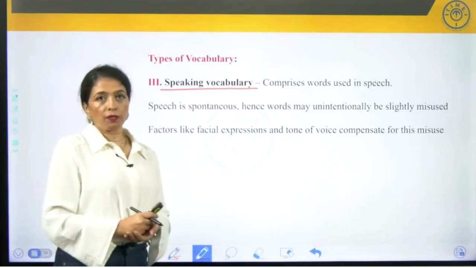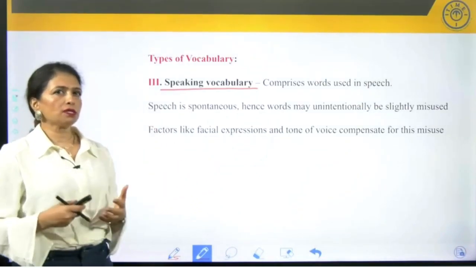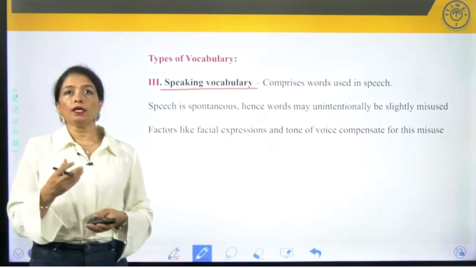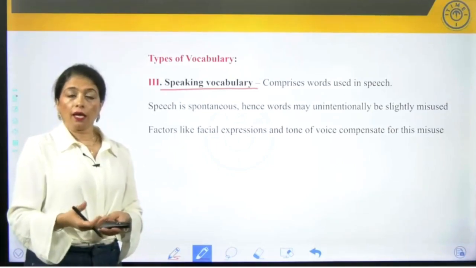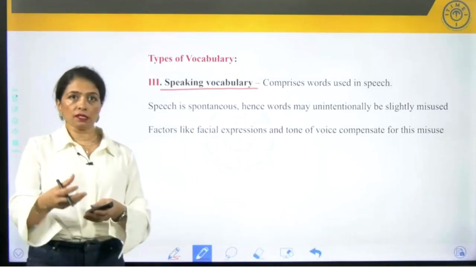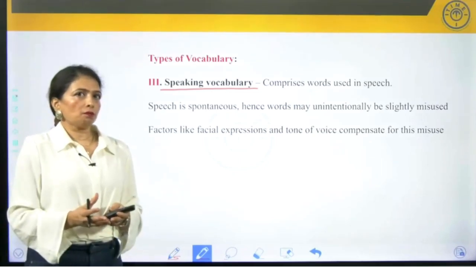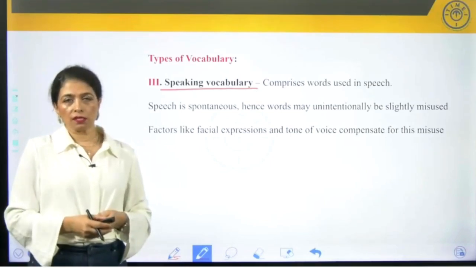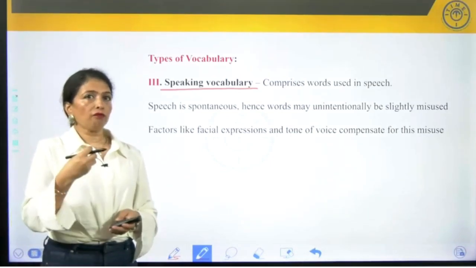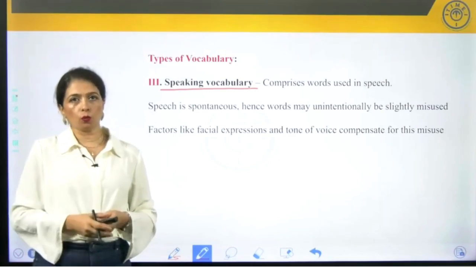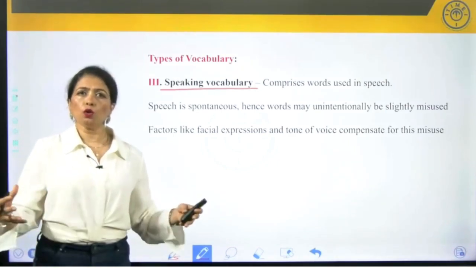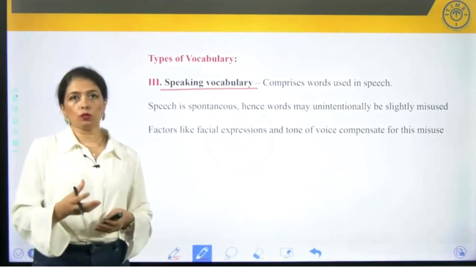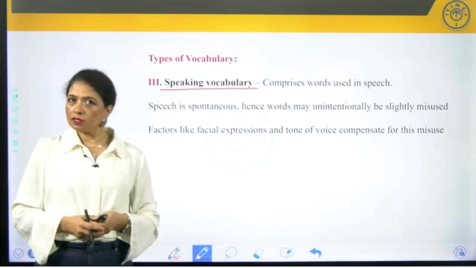I'm sure all of you will be able to understand this quite well, because at times when we say something where the idea that we intend to convey and the idea that's received by the listener probably is at times slightly misunderstood, or is at variance with what the person receives, then there is a chance that we have ended up misusing a word. When we try to learn a lot of words but we are not aware of their usage, or when we are not careful with the usage, then we may land up in this kind of situation.